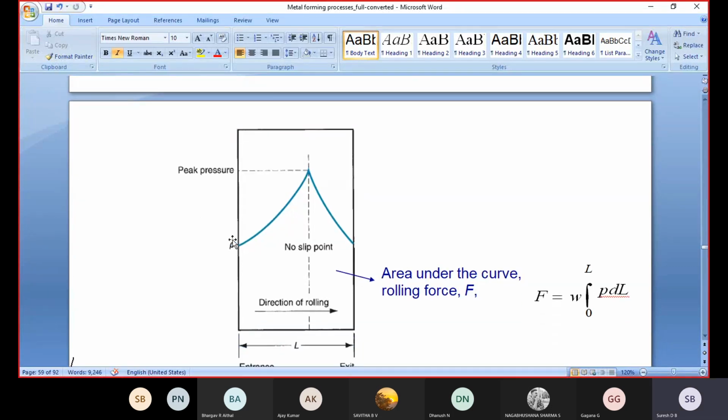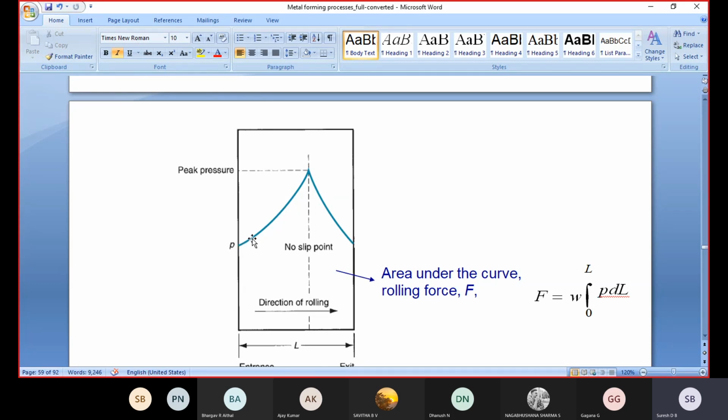At the entry region, only a small amount of force or load is required to fit the material between both rollers. Once the material is introduced between the rollers, the sheet continuously moves between them up to the center of the rollers. During that time the force or load also increases. What is the main reason?